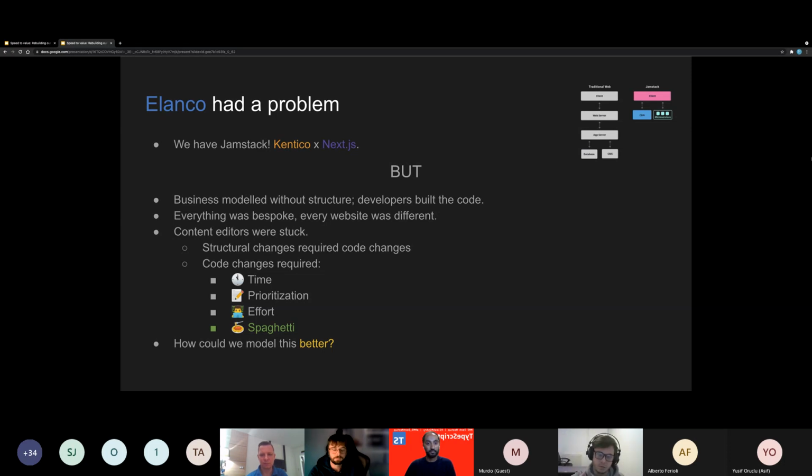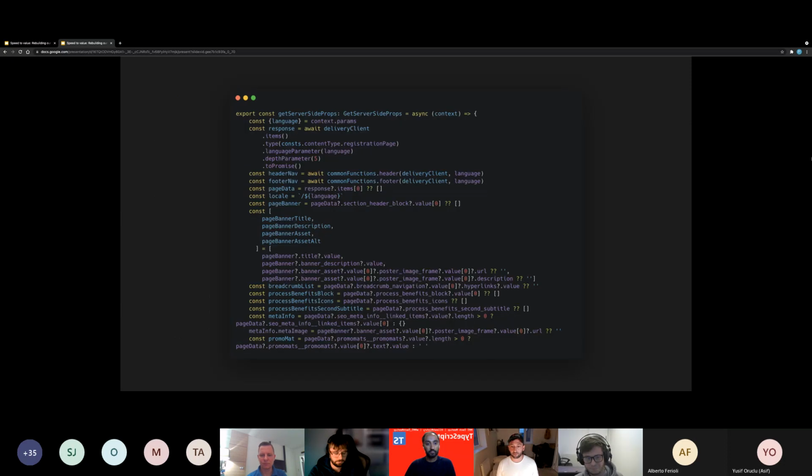We'd pull data out from the CMS and try and put it into a React template, but probably not in the most efficient manner. So realistically, we sat down and said, how can we do this better? For a little bit of background, this is a snippet from one of our sites before the changes. For those of you that haven't used Next before, getServerSideProps is how we load data from the CMS into the actual React template.